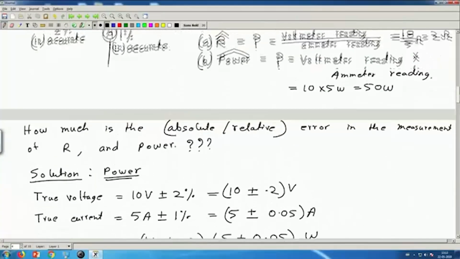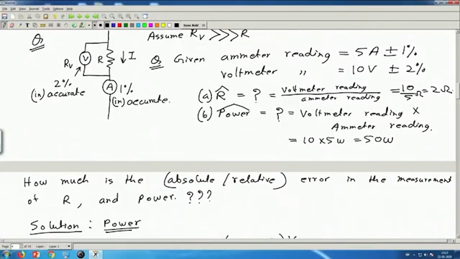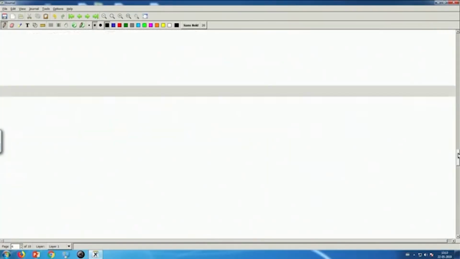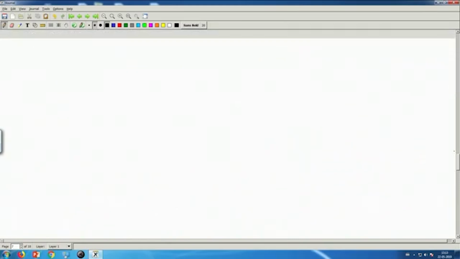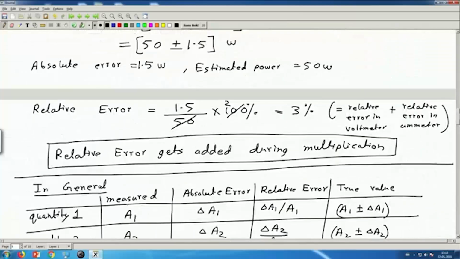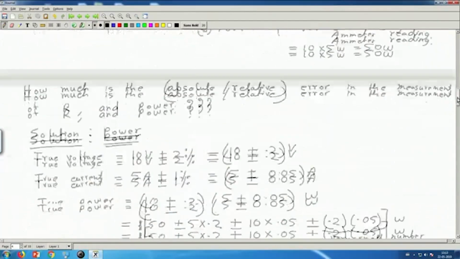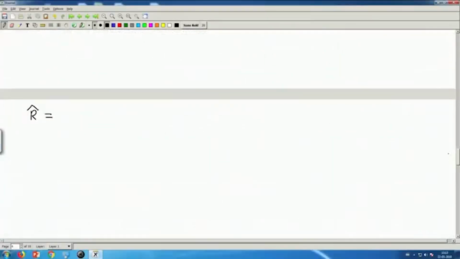Now for resistance, going back to the original question, the resistance estimated value was 2 ohm. Voltage was 10 volt plus minus 2%, current was 5 ampere plus minus 1%. So the estimated value of R was 2 ohm and the relative error,